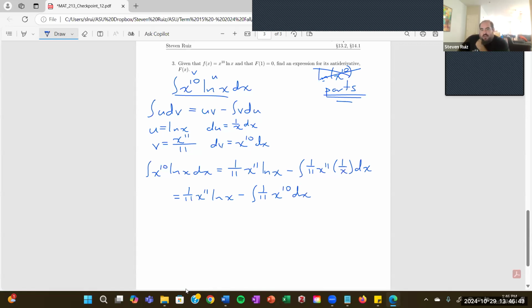Is this integral something I can do? Yeah, I can. This is essentially product rule again. Not product rule, power rule. So I can do the power rule again. What I'm going to do here is I'm going to add 1 to the exponent. So it'll become 11, and then I'll divide by 11. Basically, I did a very similar step not too long ago. So what's that going to become? 1/11th x to the 11th natural log of x minus 1/11th times 1/11th x to the 11th